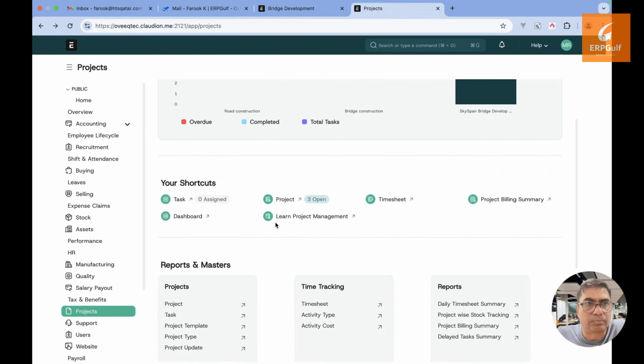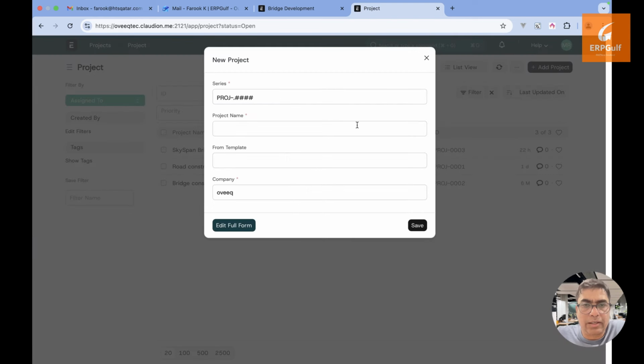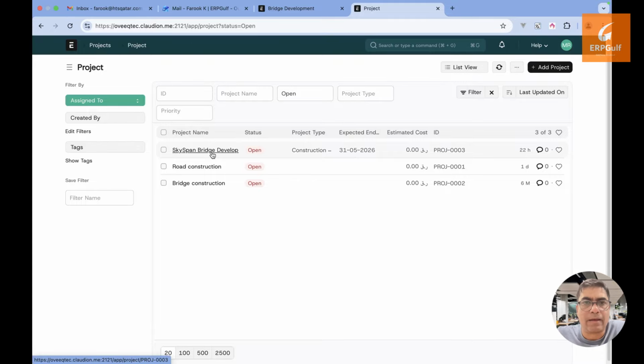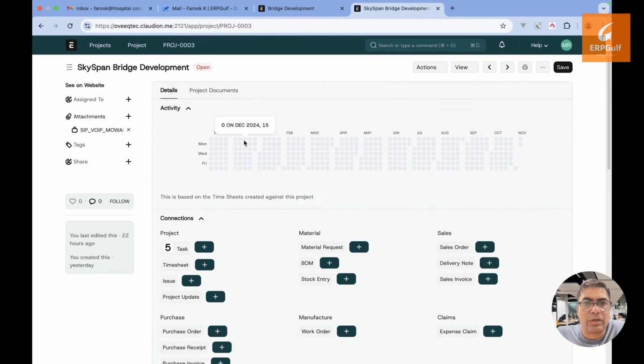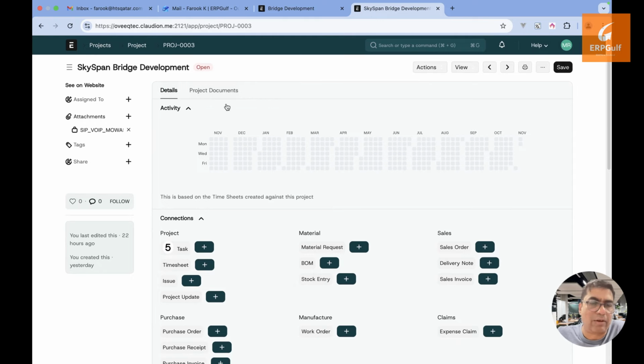So in the projects, we can create a project with a template, as I told you. I have created a project here, a Skyspan bridge development. You are starting a bridge construction. When you're having a bridge construction, before going into that,